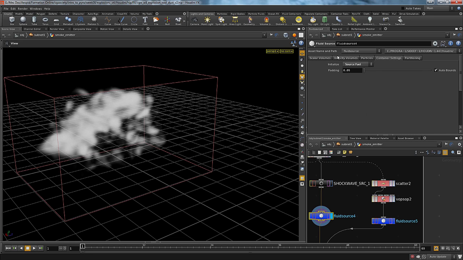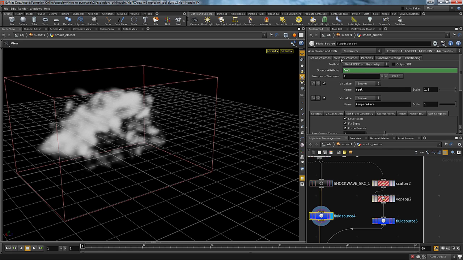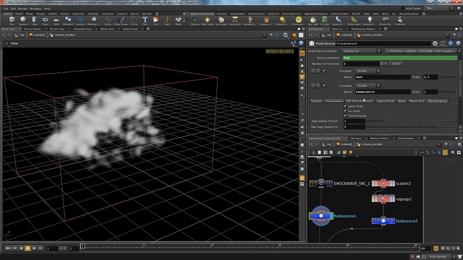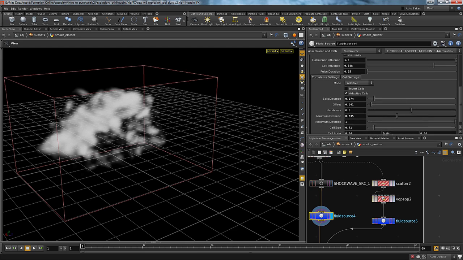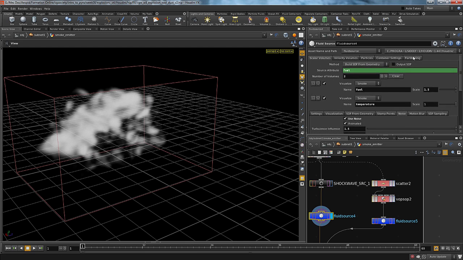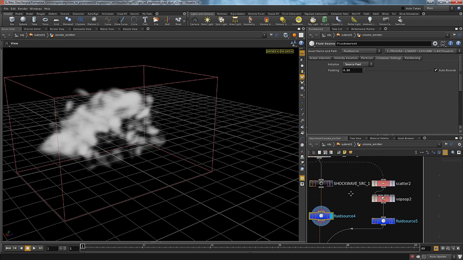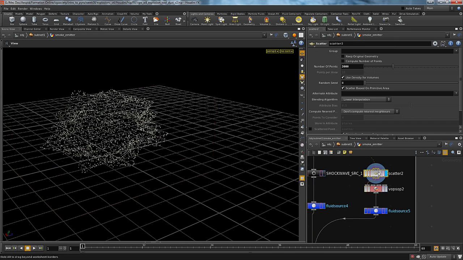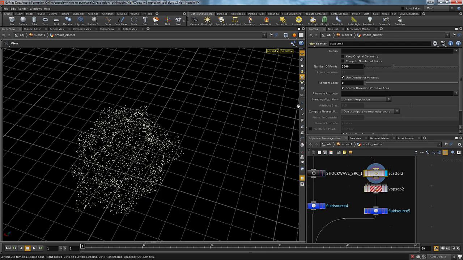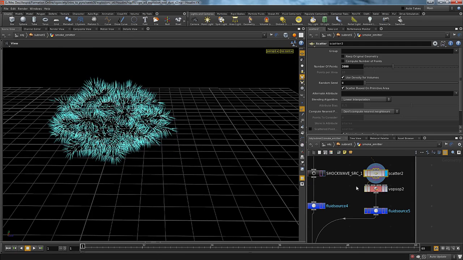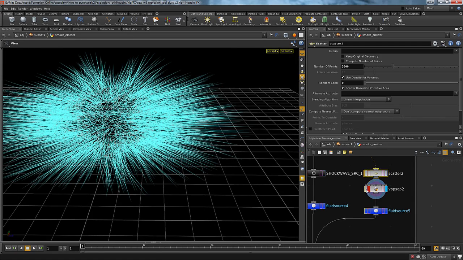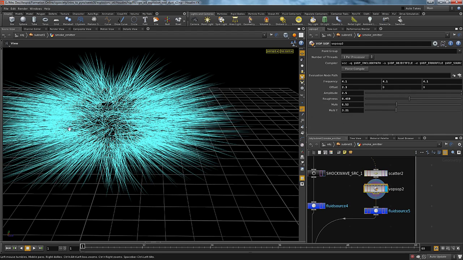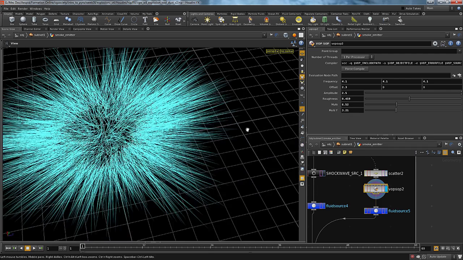Okay. So that's good. So now scatter on the side. That's fine, just displaying normals. Oops. This time I don't want it to go just down like this,